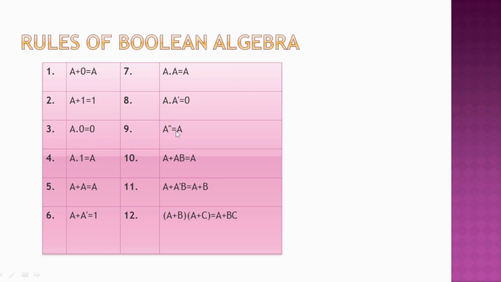A double dash is equal to A. A plus AB is equal to A. A plus A dash B is equal to A plus B. A plus B into A plus C is equal to A plus BC. I will explain a few of the rules in